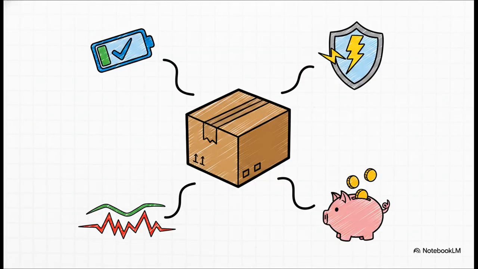Having a UPS comes with 4 major benefits. First, it gives you that crucial backup power, so you have time to manually save your work and safely shut down. Second, it protects against massive power surges and even lightning strikes. Third, it regulates the voltage output, smoothing out any electrical spikes. And fourth, by preventing expensive hardware damage, it leads to massive cost savings. It's genuinely one of those investments that ends up paying for itself.